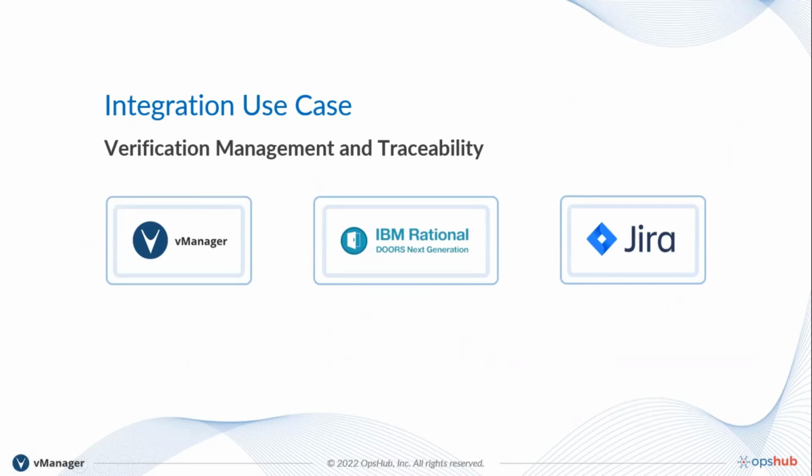So in today's webinar, we are going to show our top 2 integration models, which we have curated from our experience of enabling vManager integration for multiple customers. Our demo setup is in a pretend organization, which is into storage. So the organization has 2 teams, DRAM and USB flash drive. The DRAM team uses IBM Doors NG for requirements management, whereas USB flash drive uses Jira. Both the teams are using vManager for verification,